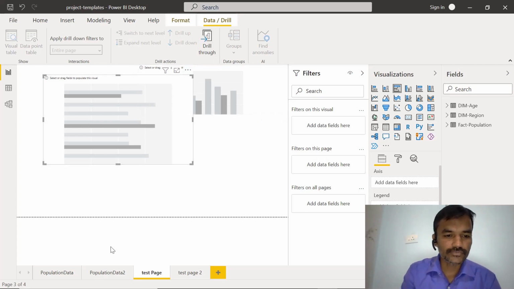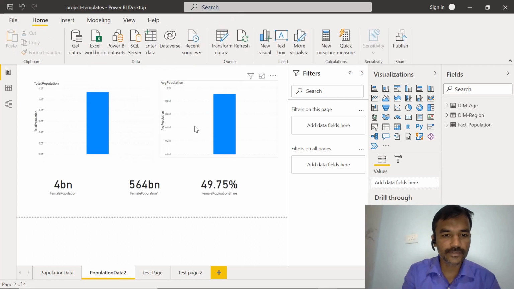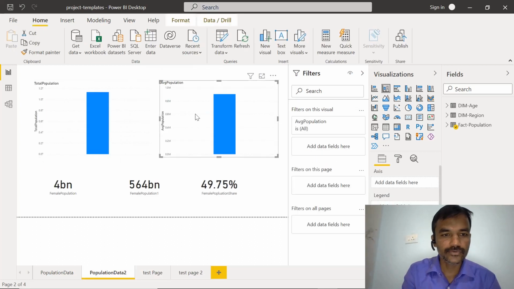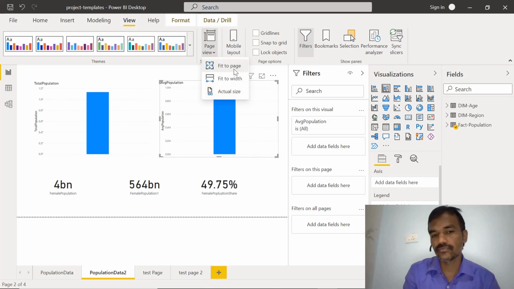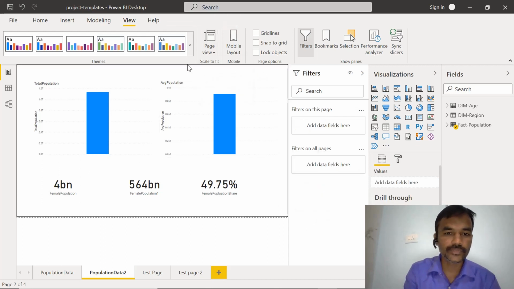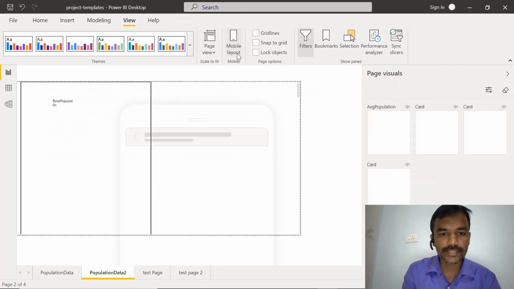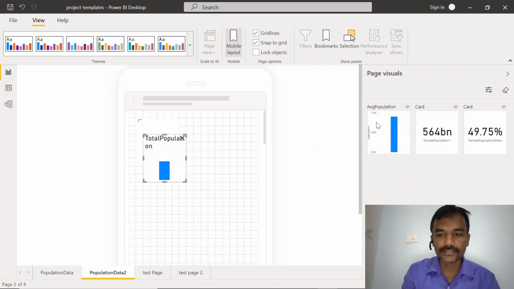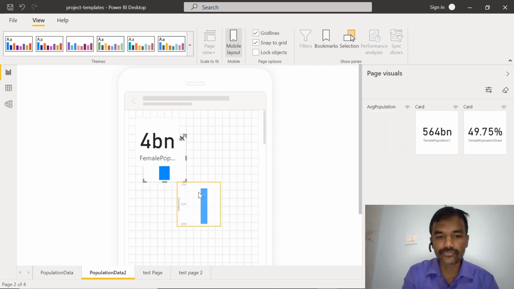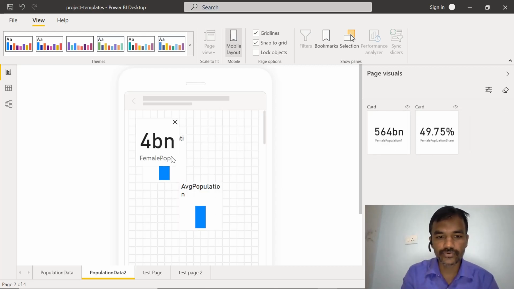Coming to other things, if you click on these charts as well, you can see other options available. There is a view option available. So we do have page view, fit to width, actual size, which we wanted to select. It depends upon the user's requirement how we want to display it. There is a mobile layout as well, where we can select this, and whenever we want to create applications or visualizations for smartphones or mobile display, we can do it. We can drag these charts here, and this will give the actual view of the chart, like how it is going to be displayed.